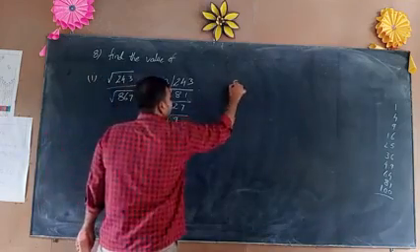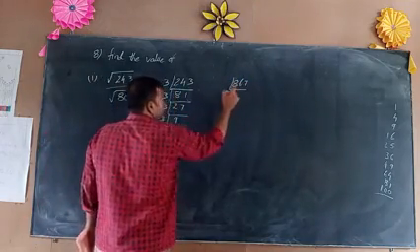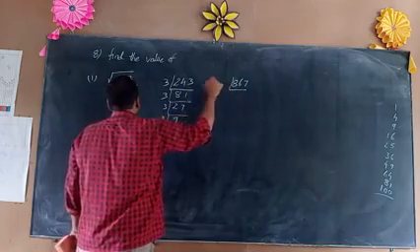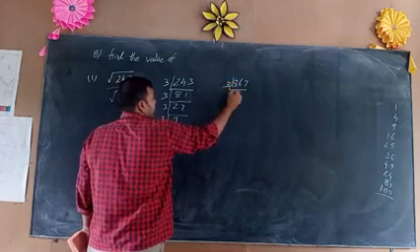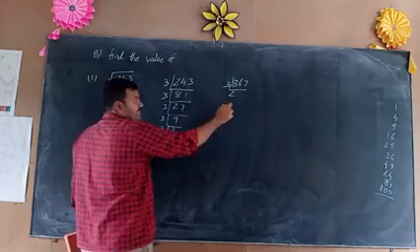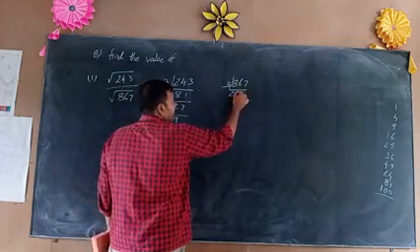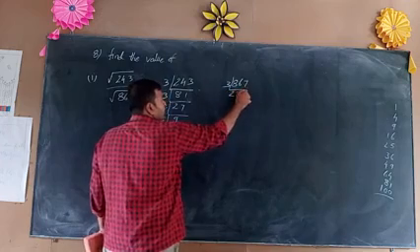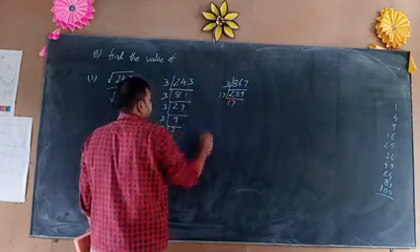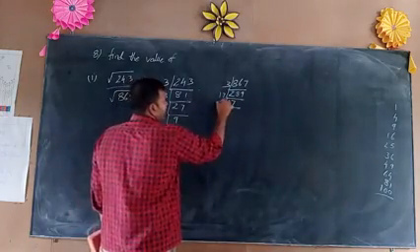So 867 also I am writing. Check whether it is possible in 3 table or not. 8 plus 6 plus 7: 8 plus 6 is 14, 14 plus 7 is 21. It is possible in 3 table. 3 2s are 6, so 289. 289 is not possible in any table, so 17 table: 17 17s. So that is 17 table 1 time.